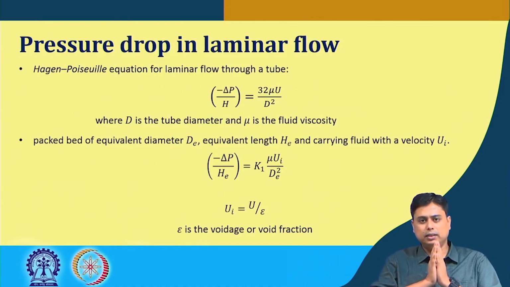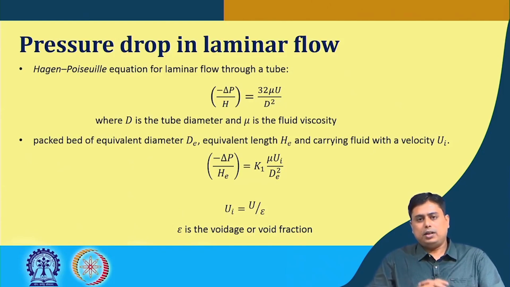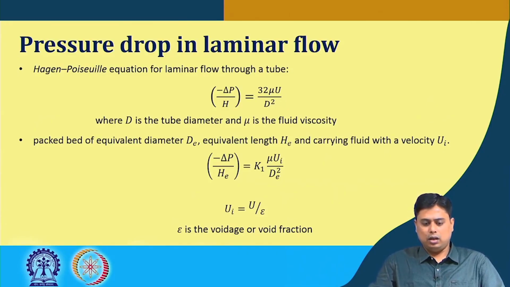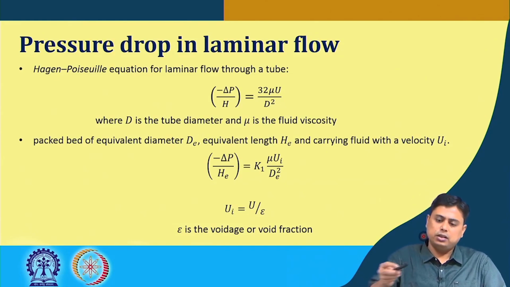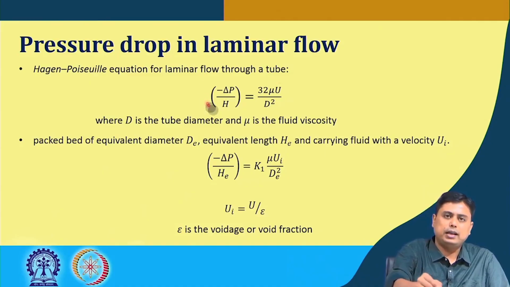bed of particles, then to understand the pressure drop across such a bed, initially let us start with the pressure drop of laminar flow through a tube. We already know that expression. The derivation part we will not go into in detail, because this is where the prerequisite fluid mechanics knowledge will come into play. So this Hagen-Poiseuille equation for laminar flow through a tube has such an expression that you can remember or recollect,